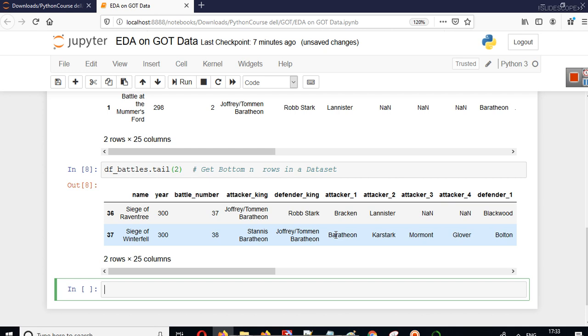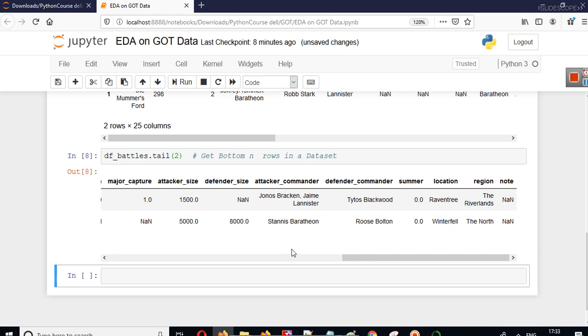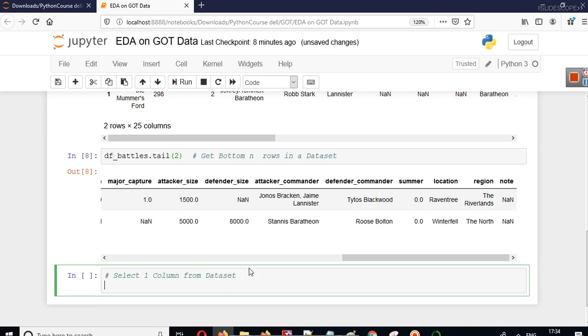Now we have got this. Now I told you that we can find region wise how many battles there were. So suppose you have to select one column from a data set. Your task is to select one column from the data set. There are two ways of doing that. You can write the name of your data set.